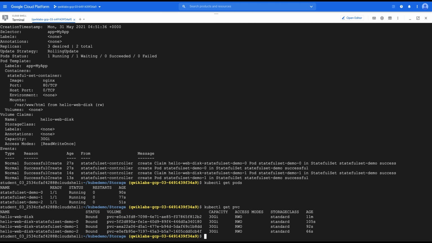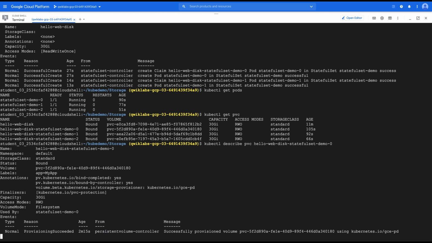The original hello web disk is still there, and you can now see the individual PVCs that were created for each pod in the new stateful set. If we do a describe for this stateful set demo 0, we will get more information, from the persistent volume controller, and more information for that PVC.